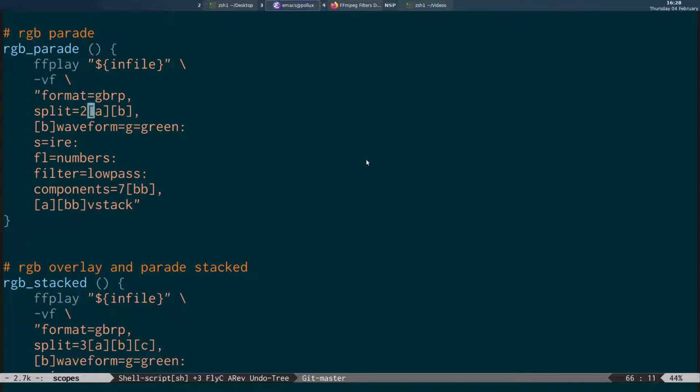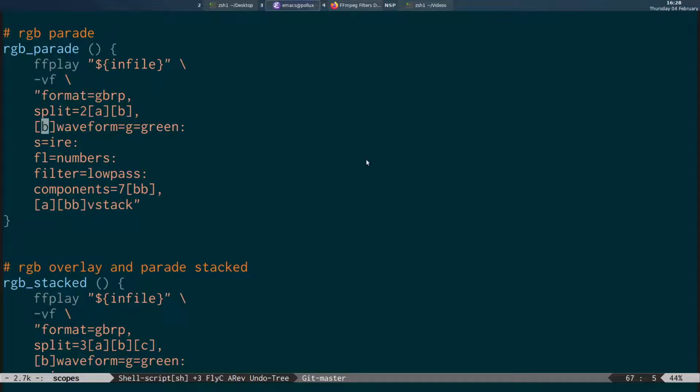And again, we split this into 2 because we're going to have the video with the Rgb Parade underneath it. So that's split into 2, which are variables A and B. A is the video and B is the